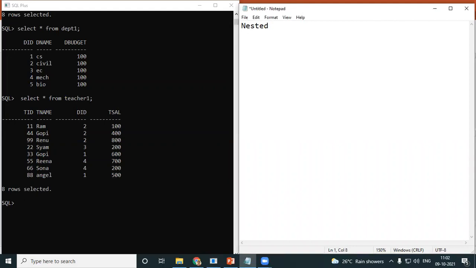We were learning nested subqueries. In that, we were doing multiple row queries. We did see ANY. We did even see a keyword called ALL. Today, we will see something called EXISTS, NOT EXISTS, IN, NOT IN. Okay, so these are what we will be concentrating on today: EXISTS, NOT EXISTS, IN, and NOT IN.